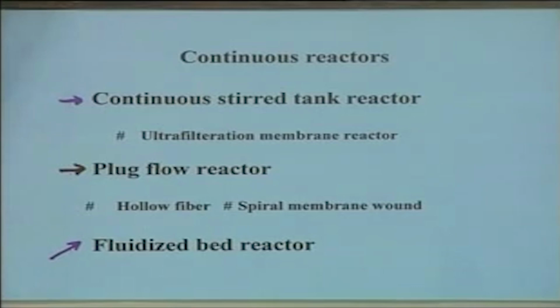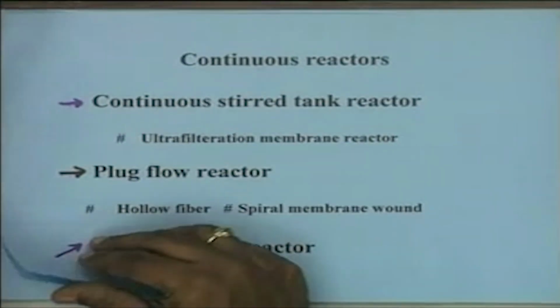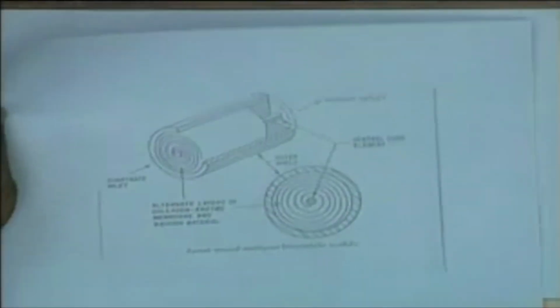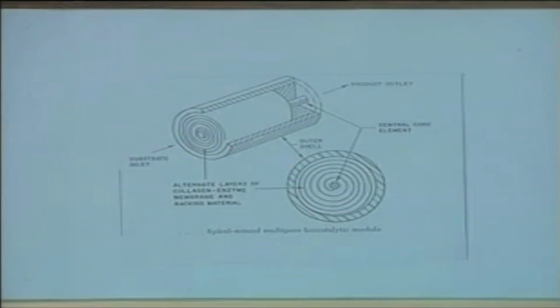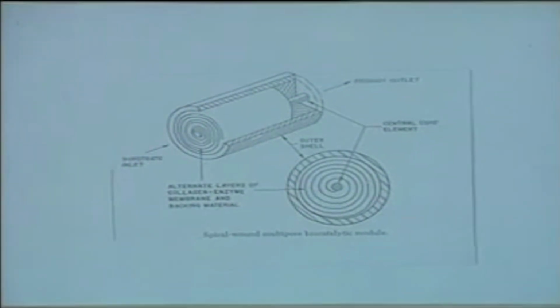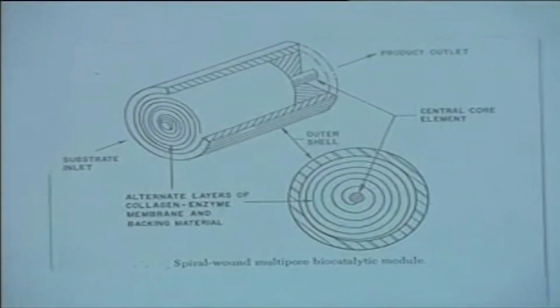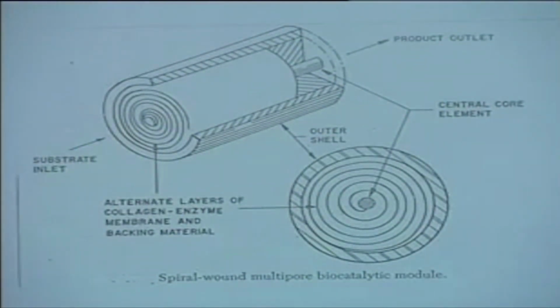The other novel modification of the plug flow system is a spiral membrane bound module. Now it is a very specific configuration which has been reported and has been used industrially, and that's why I thought I would mention it. This system has been used extensively for immobilized enzyme preparations which are in the form of thin films,